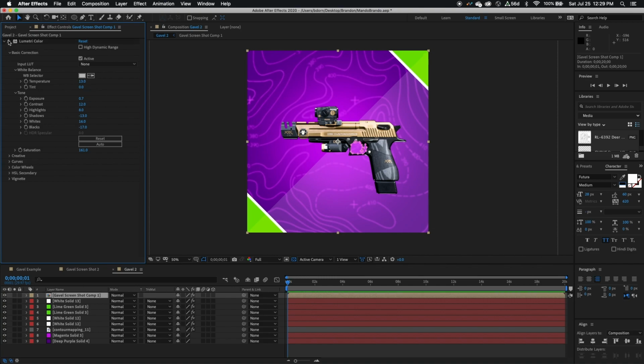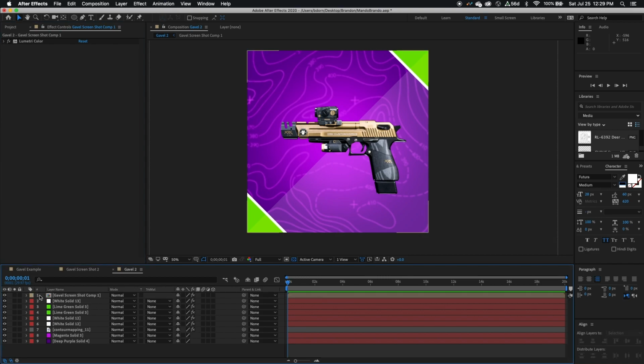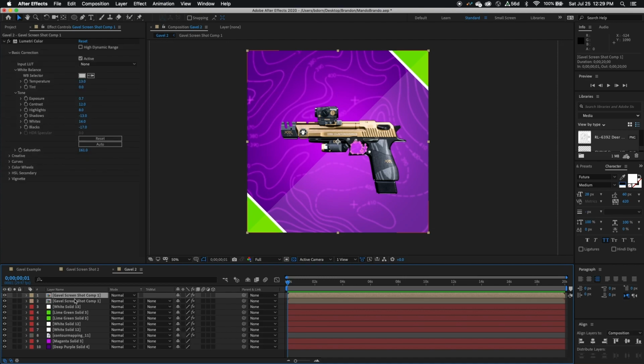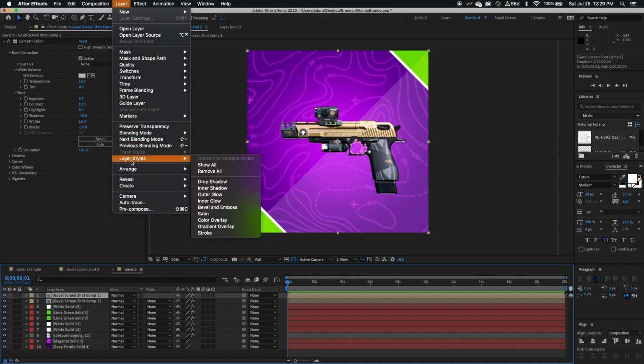So look, if I click this FX button and turn this effect off, there's the original, and there's afterwards where it's a little bit more vibrant. That looks cool. I still want to make this pistol pop off the screen a little more. So what I'm going to do is select the layer and duplicate it, Command D. And then with the top layer, I'm going to go to Layer, Layer Styles, and I want to do Outer